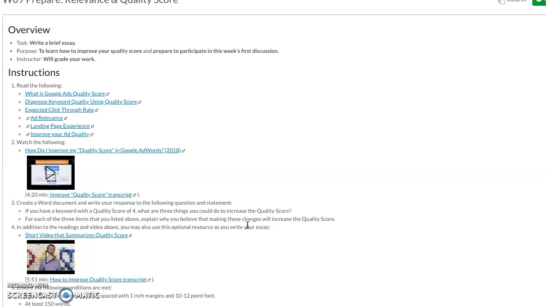Google will take into account not only how much you're willing to bid for that space, but what your quality score is. Google has in mind the end customer, and they don't want to put annoying or poorly written or confusing ads just because they're willing to offer the most money. And so they will take into account how much you're willing to bid, but also the quality score of your ad, when they're trying to decide whether or not your ad should be displayed. So keep that in mind as you look at your quality score.